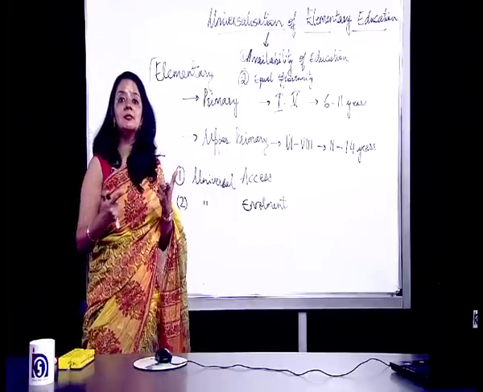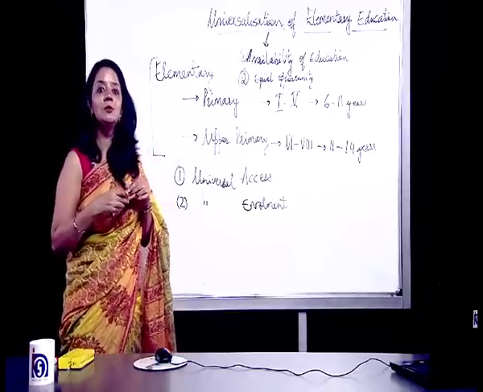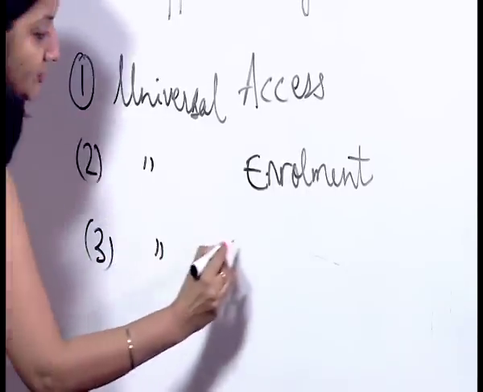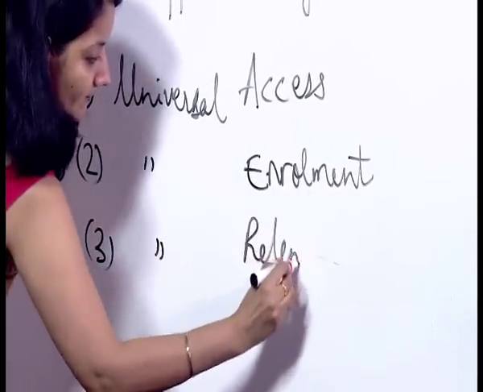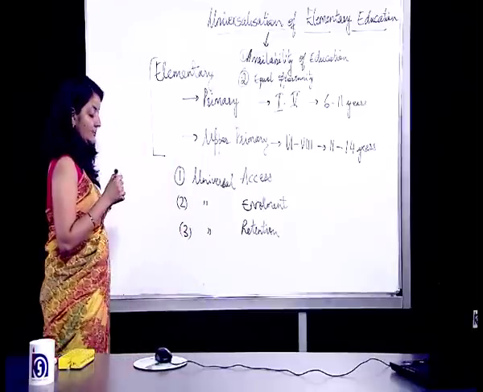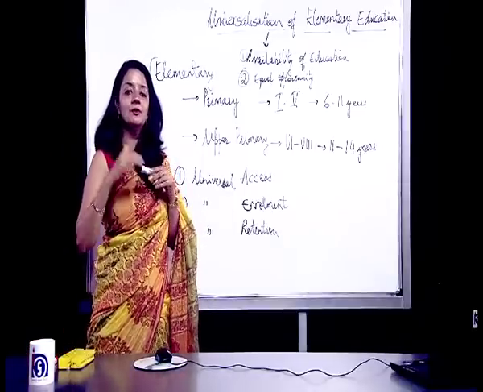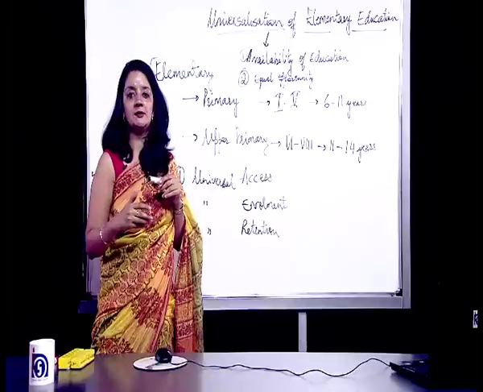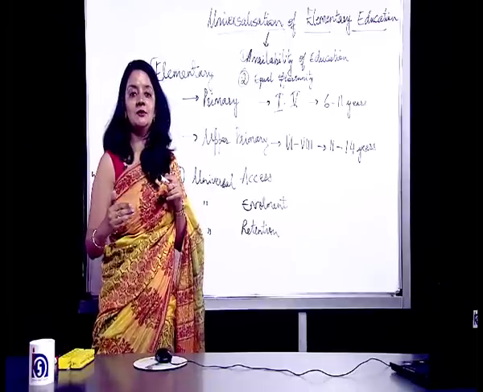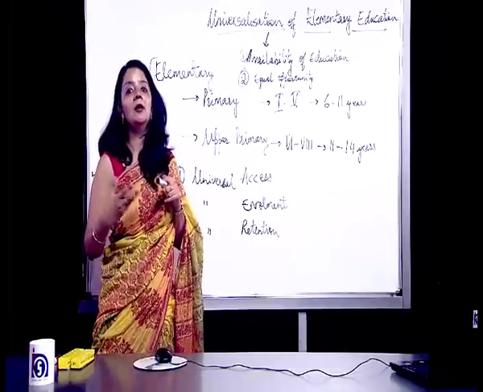So that is universal enrollment, right? The third one is universal retention. Now, universal retention says, as the word retention is saying, that we are retaining the child. We would like to decrease the dropout rate. We want the child to complete his education and not leave his education right after class 5th or after 8th,